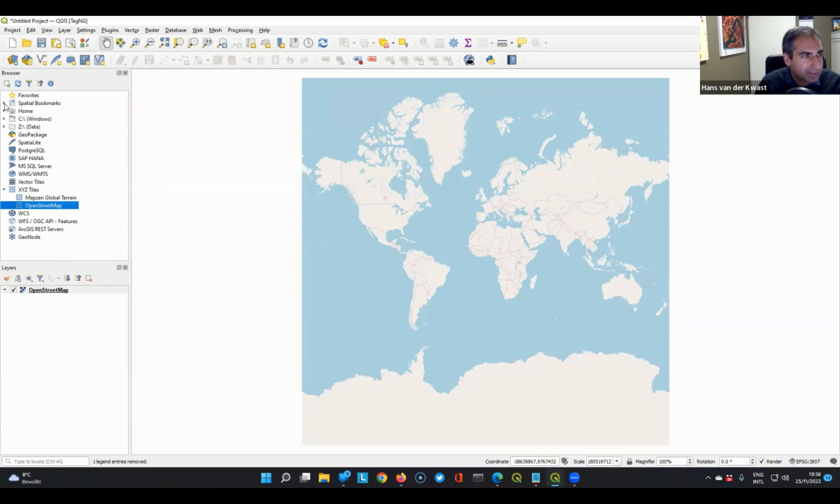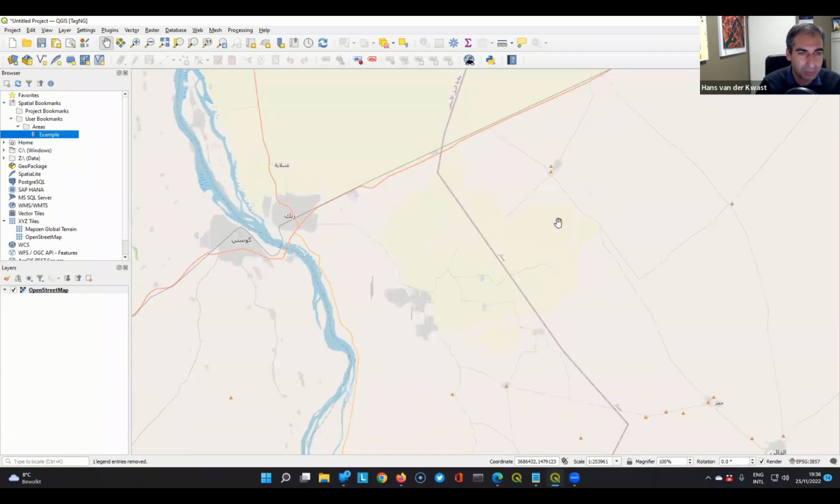I've prepared a little study area. If you're trying to do this at home, you can use any area in Africa that you want to use for today, because we are still not global. So I'm just going to focus on this area. I made a special bookmark to search something that has some agriculture of interest. I would like to have this OpenStreetMap available in a mobile phone app, and I would also like to have a nice satellite image as a background. Therefore, I'm going to use an XYZ tile from MapTiler,